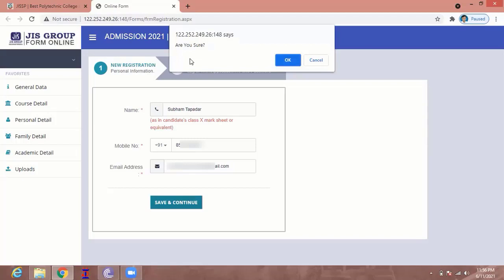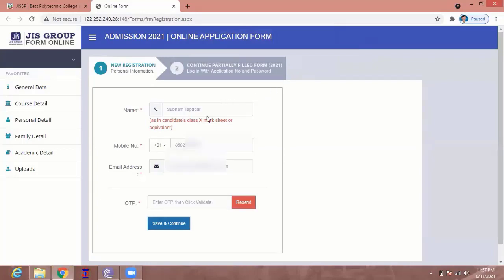A pop-up says, "Are you sure?" Click on OK if you are sure about the credentials you have already put in the website. Now a pop-up is saying OTP sent to your mobile and email. Click on OK.